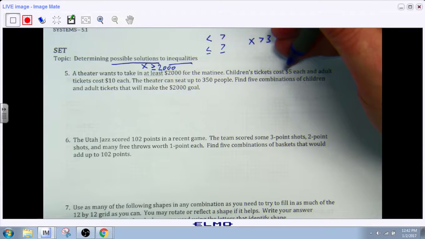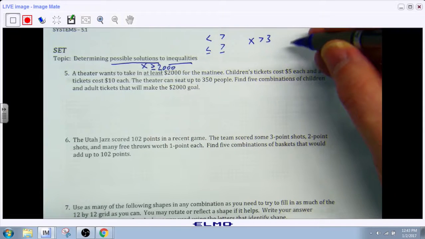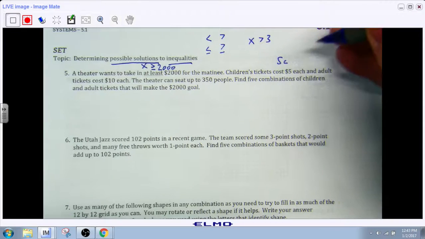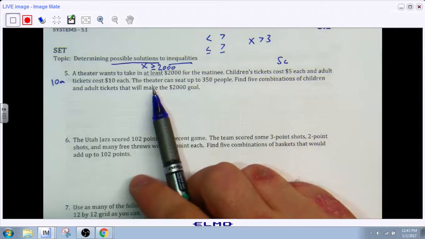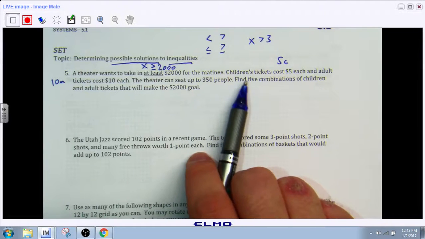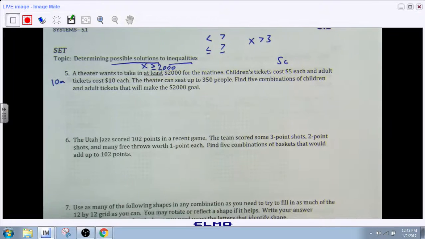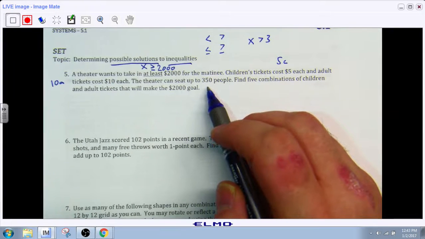Children's tickets cost $5 each, and adult tickets cost $10 each. So we've got $5 per child, and we've got $10 per adult. The theater can seat up to 350 people. Find 5 combinations of children and adult tickets that will make the 2,000 goal. So we can guess and check to figure this out, or we can be a little bit more strategic about it. So if we had 350 people can fill it,